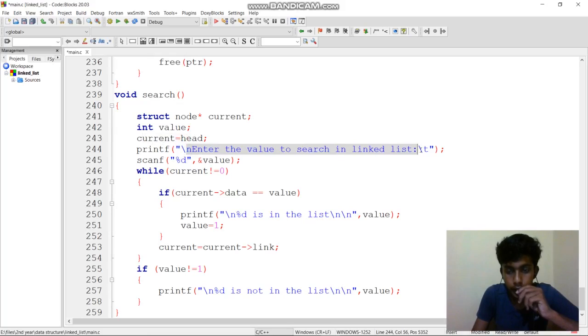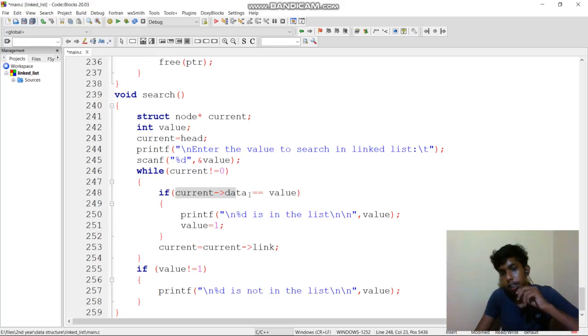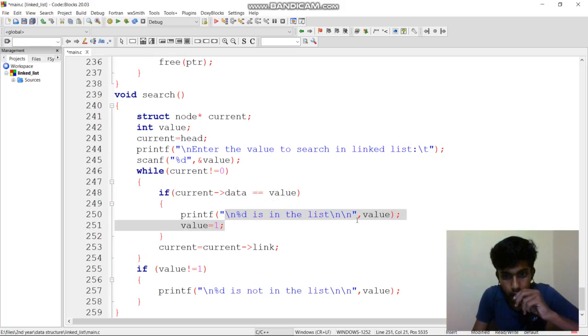Now I'm getting the value from the user. Same as displaying, while current is not equal to 0, if current of data equal to value, that is the value given by the user, it will print n is in the list, that is %d, the value.